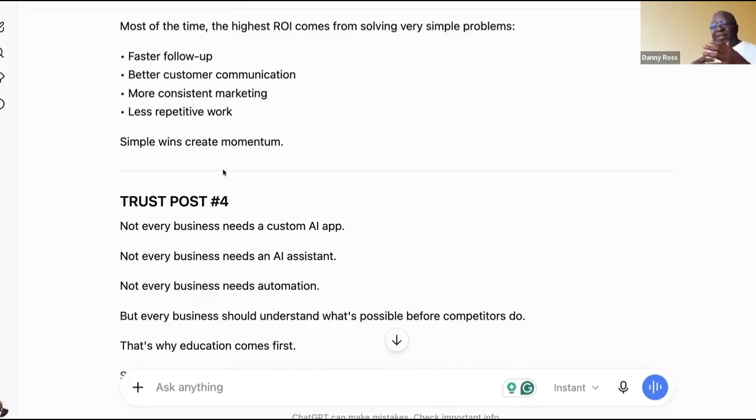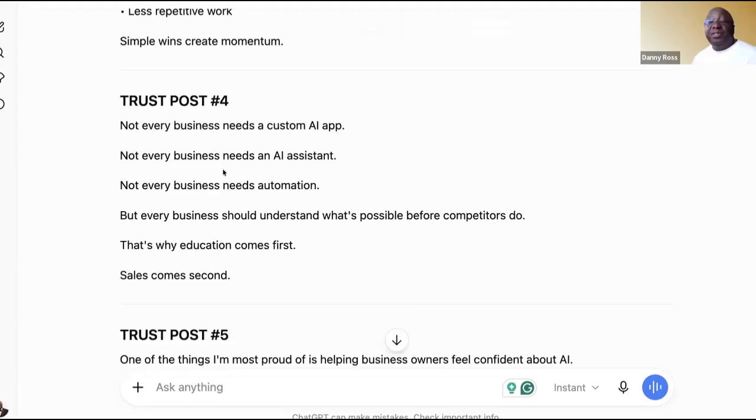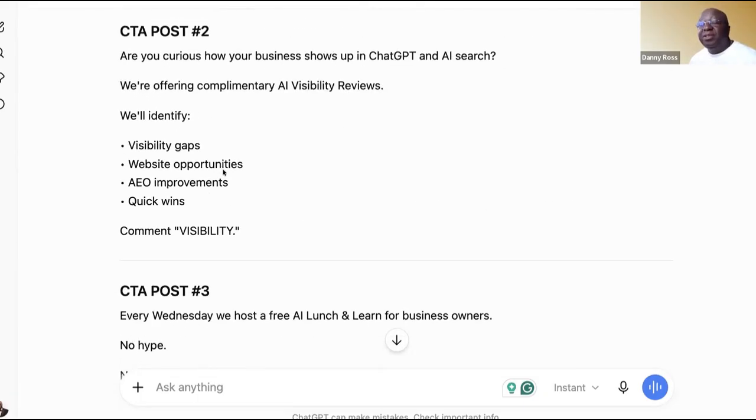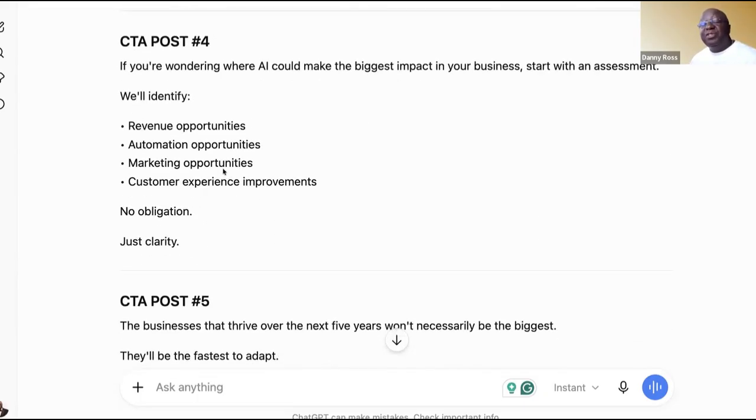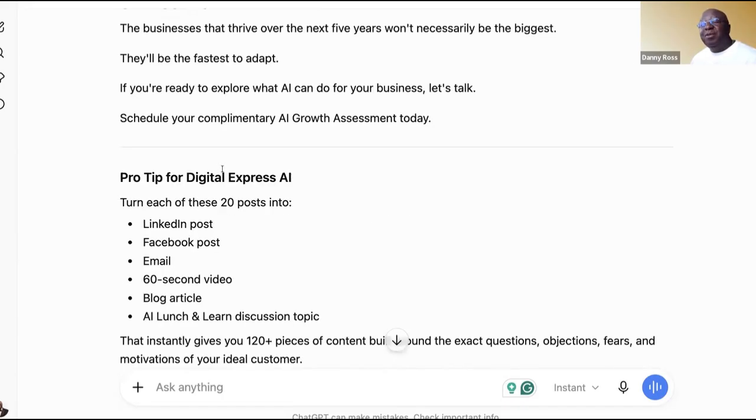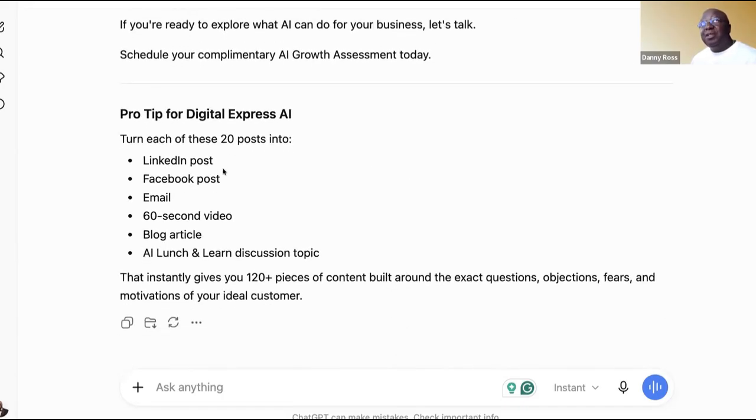And so that's the purpose of this exercise, to get all of this content that we're now going to train our AIs on, so that they can answer almost any question they would get. Depending on your platform of choice for your website, you may already have these types of chatbots built in. If not, we have tools that we can share with you that make it easy to build custom chatbots.